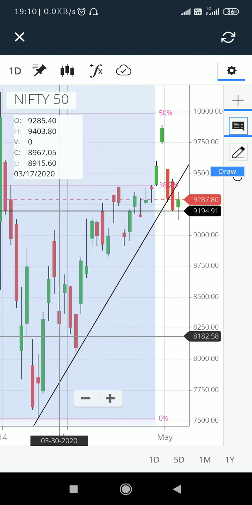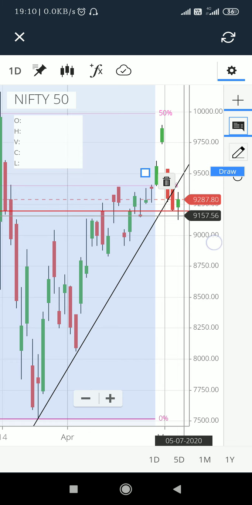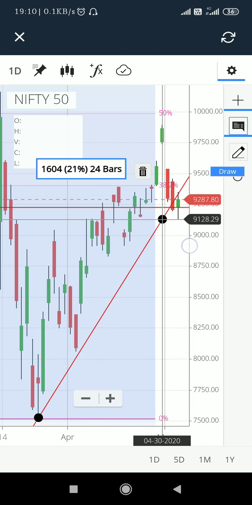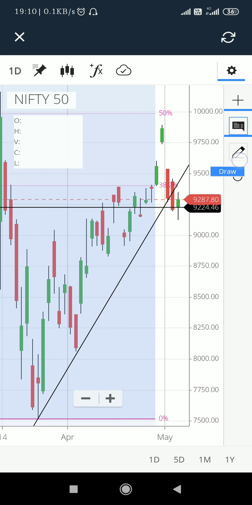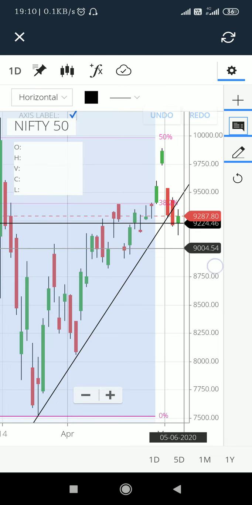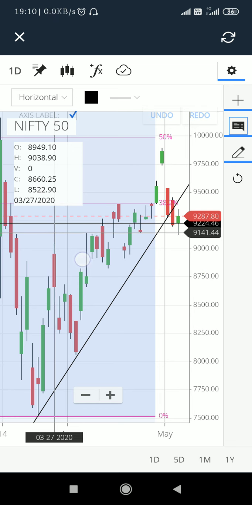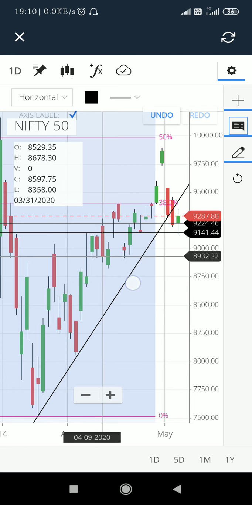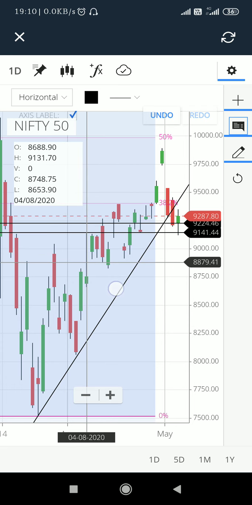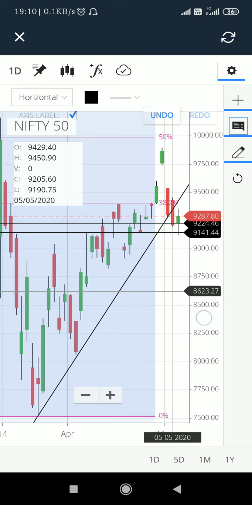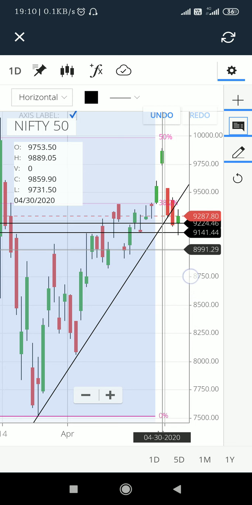So now let's see what levels we can expect for the 7th of May weekly expiry. Let me mark the levels for you. So when should I go into a sell of the futures? I can go into a sell of futures once the high of this candlestick, that is 9131 or 9130, is broken and it sustains below 9130. Then I can definitely go for an 80 points target. And my first target is 9050.